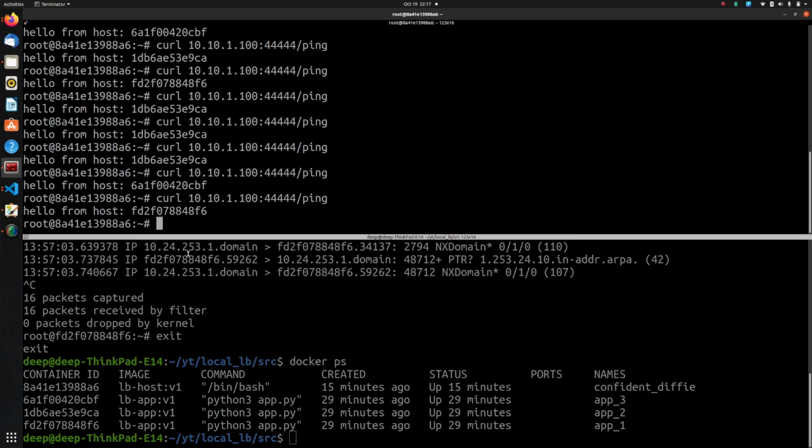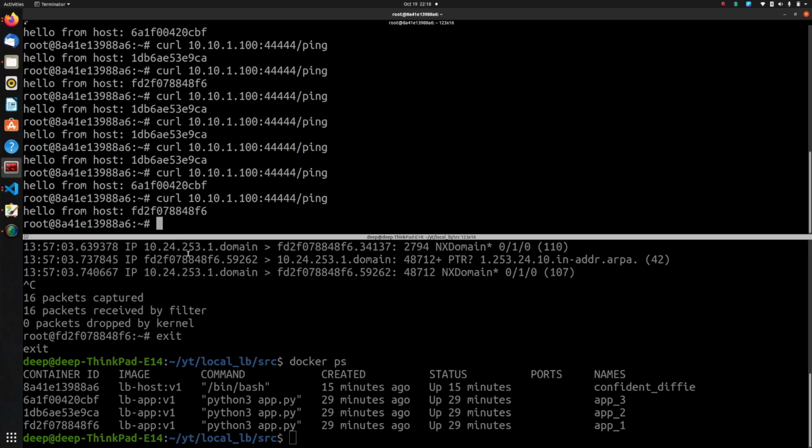Let's say you want a new virtual IP, say 10.10.1.200, and you want to make it point to some other upstream servers. No problem at all. You just need to add another bunch of iptable rules so that the new virtual IP points to the new set of upstream servers, right? And it's that simple. So if you just convert this entire thing into a script which takes the server IP as input, the virtual IP as an input and the ports as an input, you can simply automate the creation of these iptable rules. It's as simple as that, right?